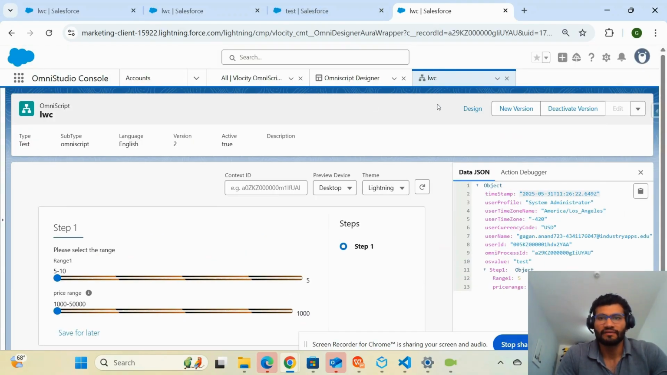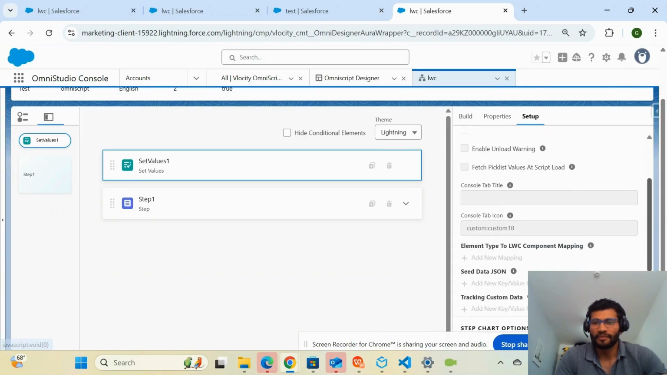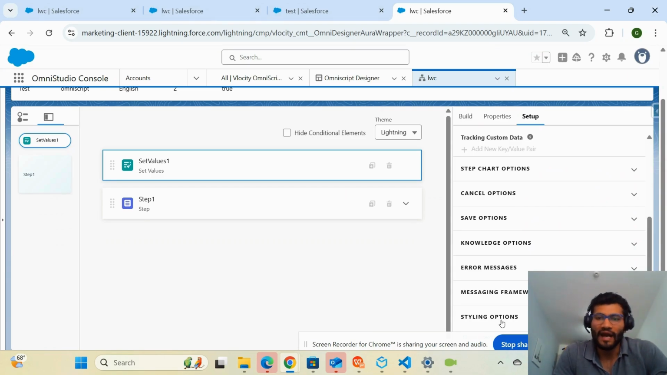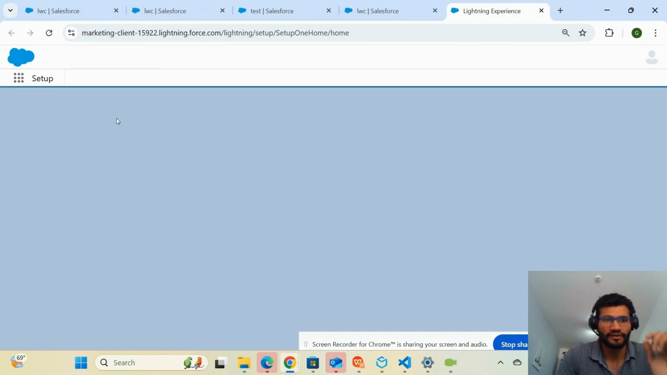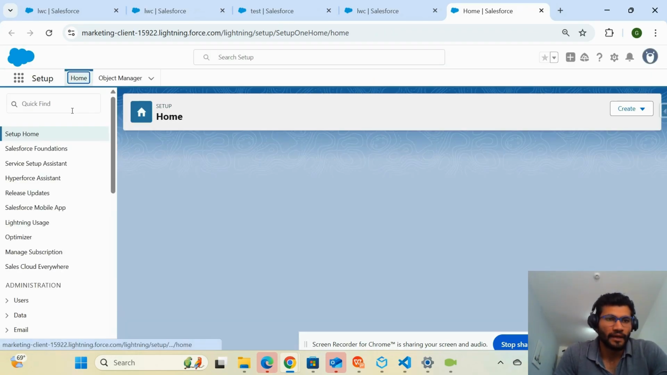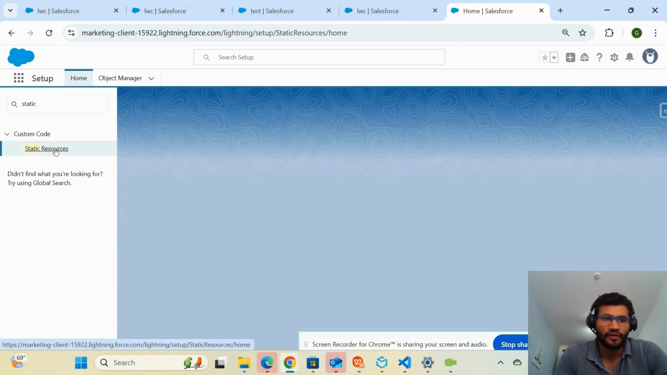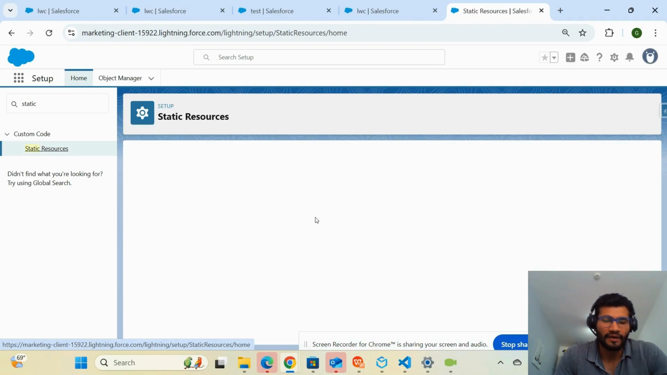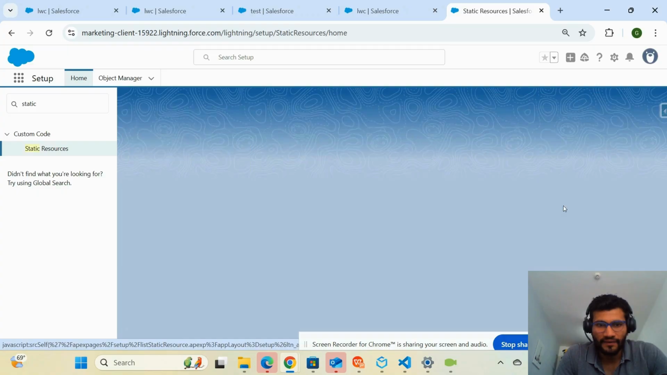If I click on Design and then Setup, OmniScript gives us an option to add your CSS file. Here you can see I have added one CSS file, which I stored in a static resource. If you go to Setup and click Static Resources, I have uploaded one CSS file with the name, if I click here,